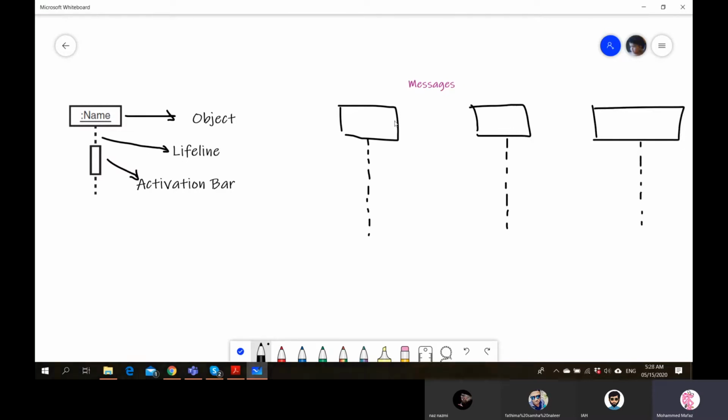So this is object 1, you can give the name here, then anonymous object 2, and so forth. We keep on drawing in this direction. This shows the number of objects that are going to interact in the system. Similarly, this vertical direction is the way we show the sequence.